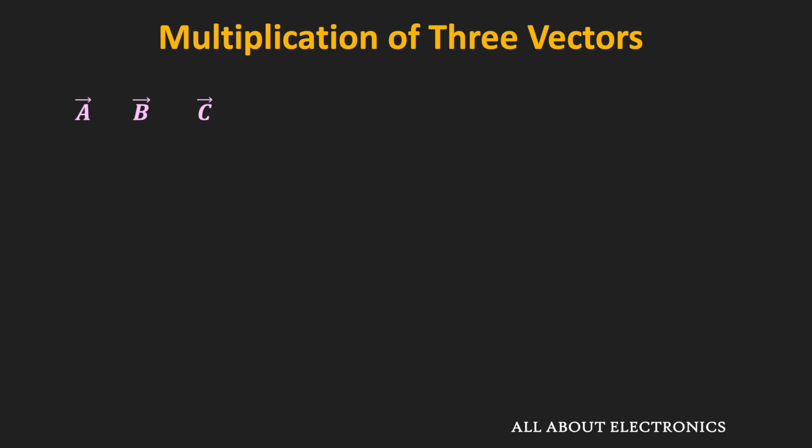We know that when we perform the dot product of the two vectors a and b, then we will get a scalar quantity, right? So once again, we cannot perform its dot product with another vector. So we can say that we cannot have this a dot b dot c in case of vectors. That means for the three vectors, there are two possibilities for the multiplication, and one of them is this